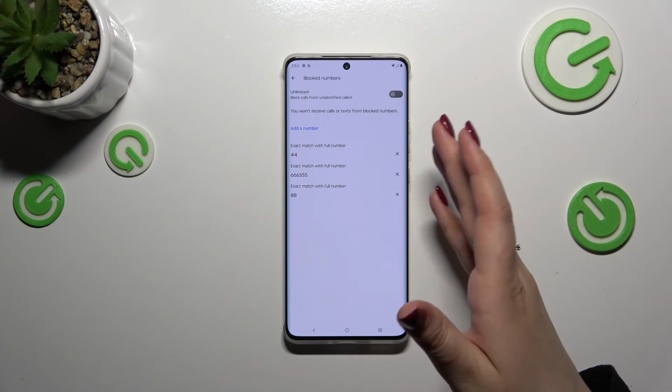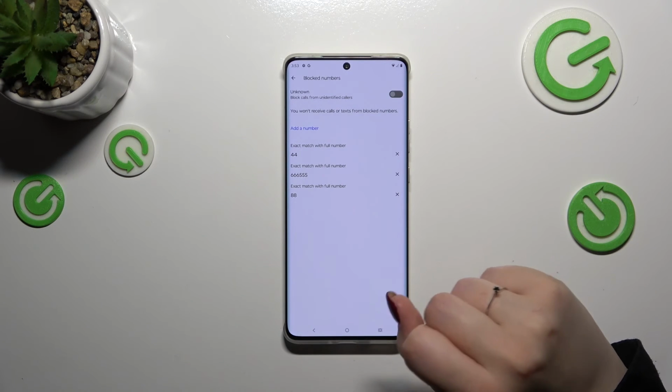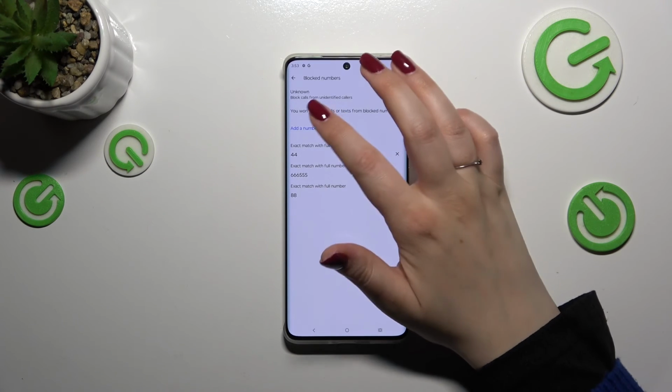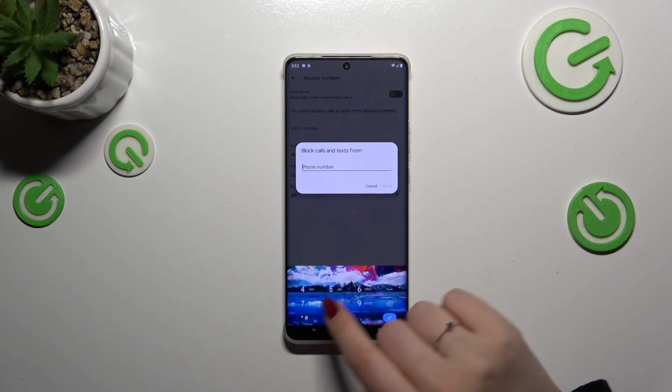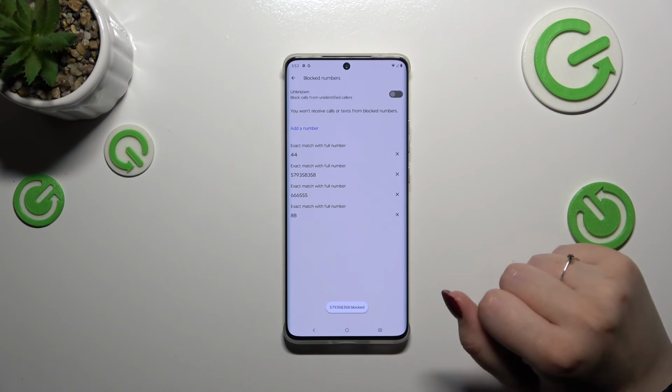And as you can see, this is our blacklist. Here we've got the numbers we just blocked and they are assigned to the contact list. We can also add the number manually here, so just tap on add a number, and as you can see we can enter the number and tap on block,